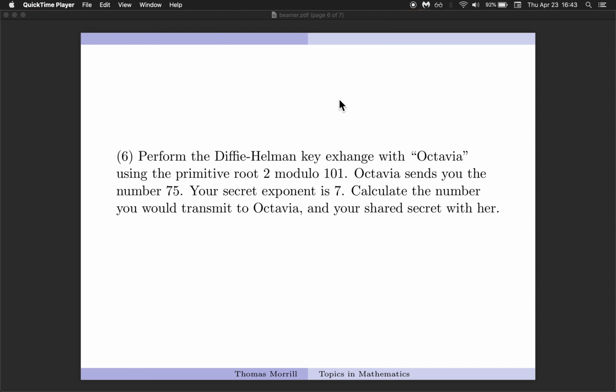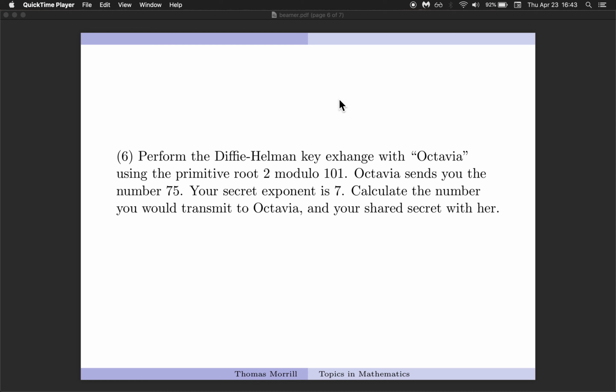Okay, so for the final solution I'm giving today, I've jumped forward again in the problem set to the Diffie-Hellman key exchange. This is something that I know was difficult when we first introduced it, and that was the better part of a month ago. So I really want to dig in with the idea of what's going on here